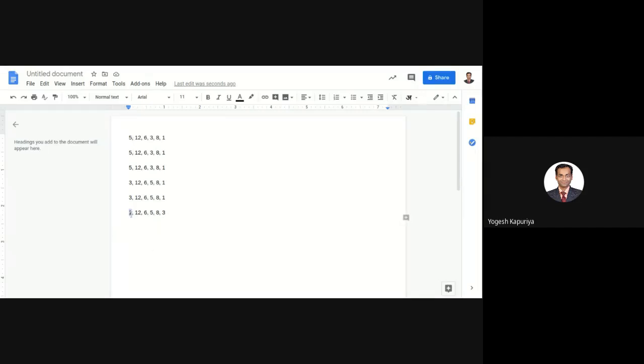Initially your i was at the first element. Now your i becomes here. So this will be your i, and your j starts with i plus 1. So your j starts from here. Now again tell me, or if you want to correct your answer, then tell me what is the order of sorting here.